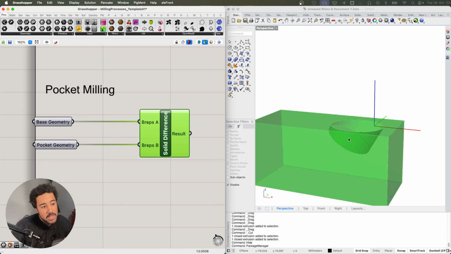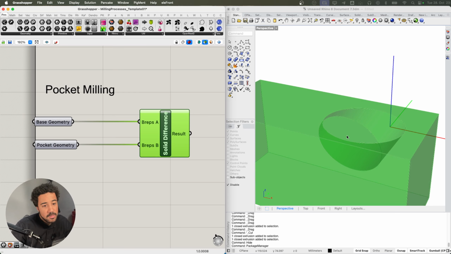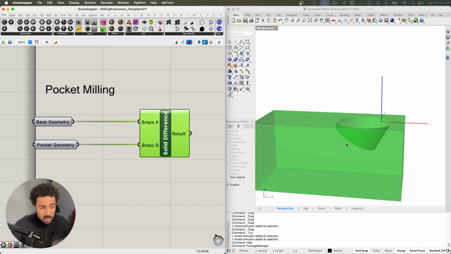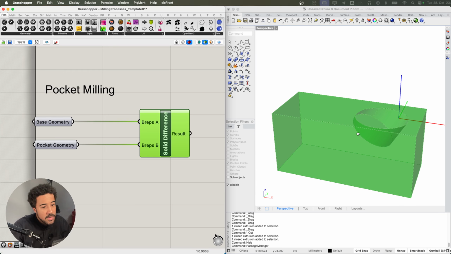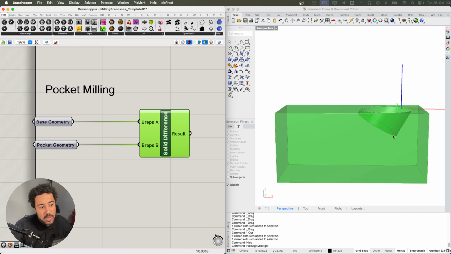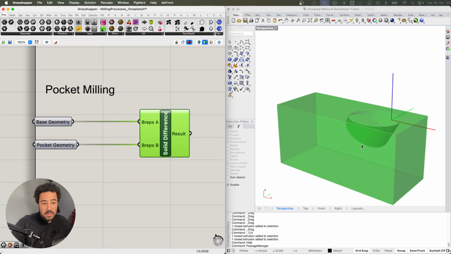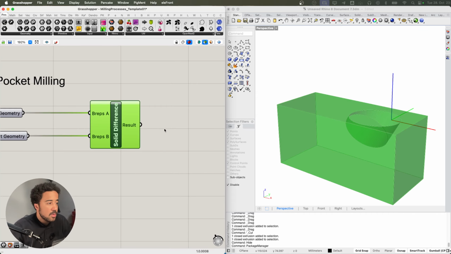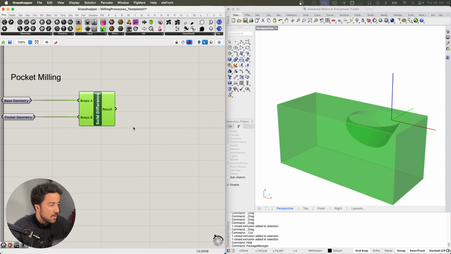And the first piece of information is the angle of this surface right here. Depending on your machine, you might just want to do a planar 2D slot. But if you're using Grasshopper, chances are you're using a more advanced machine. So for example, a robot or some sort of 5-axis CNC, 3D printer or some other machine. So I'm guessing that you have some interesting geometry. And so I've angled this pocket just to make it a bit more interesting. But if you have a very simple pocket, the process is pretty much the same. You can skip a few steps, but you should be able to follow along just fine.